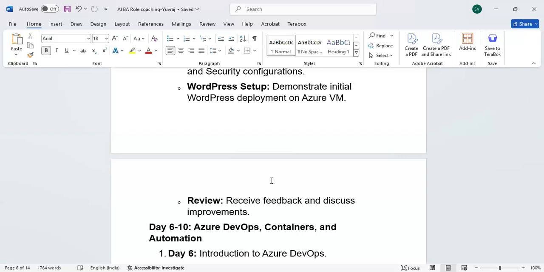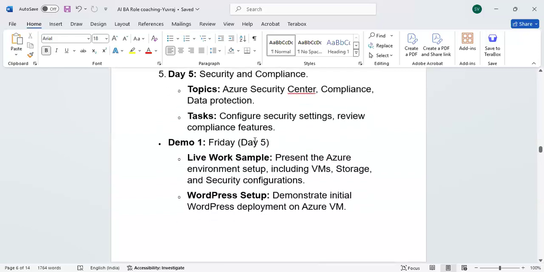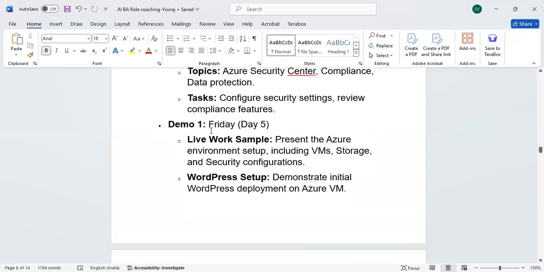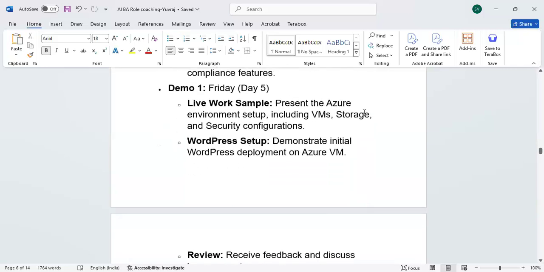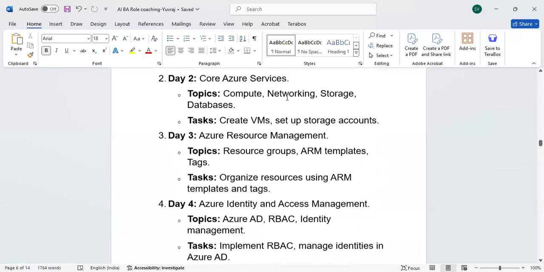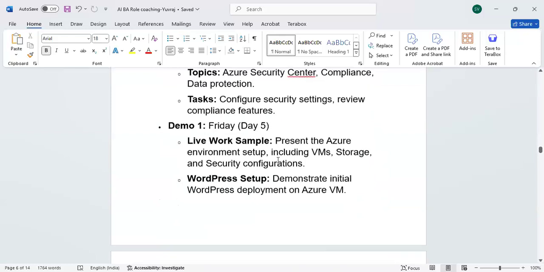I have done the following demos during my job coaching. I learned following things. After that, I have done the demos. So such kind of demos, weekly one demo is mandated here for the ABA role. Then that demo you are going to mention for profiling purposes. Okay, that's where it is mentioned here. You are going to take some live work samples also, which I'm going to help you with as per the basic courses, so whatever you are doing on top of them, you are going to do them. Okay.